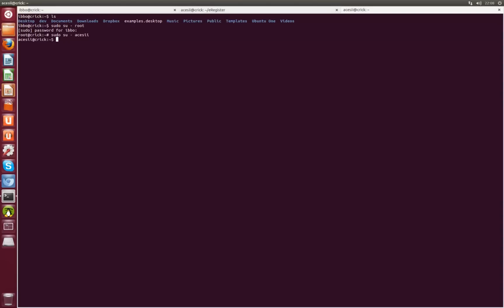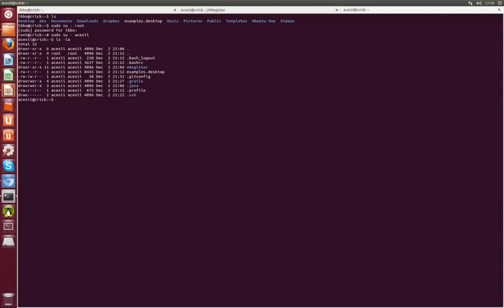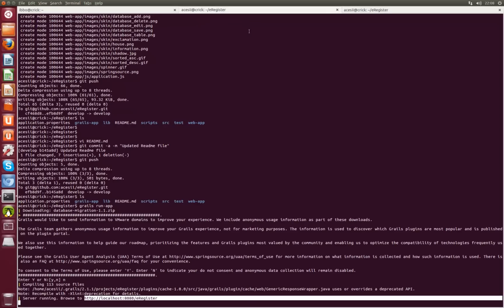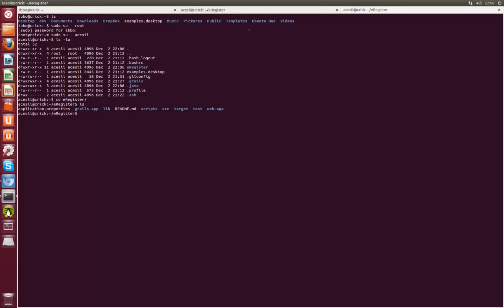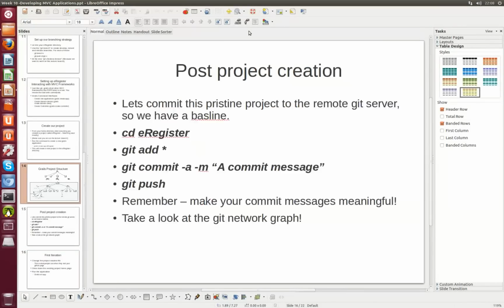My local setup's a little bit different to yours, so I have to jump through a hoop to get to the ACESII user. Here's my e-register project. This is it running, and I'm going to change it dynamically. If I very quickly pop back here,